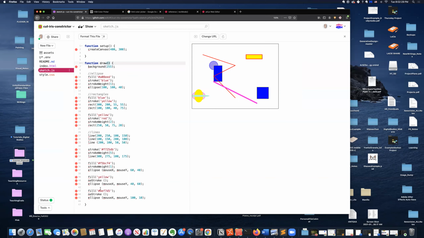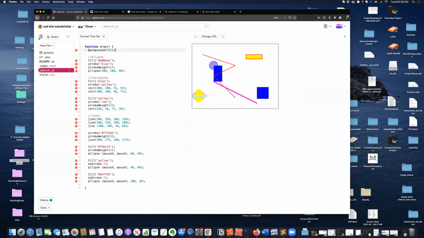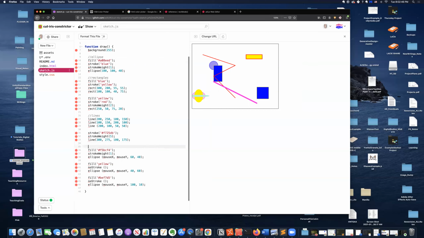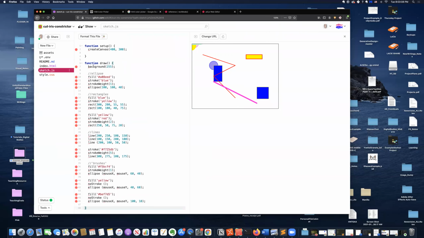because this is going through a loop. So every time it's going through this program, it's creating a background, it's creating this ellipse, it's creating these rectangles, all of these things, the fill, the stroke, it's creating these lines. And then here I'm just going to call them brushes. It's creating the brushes. And then when it finishes creating that, it finishes here, and then it goes back to the top. And then it goes over and over again. And it keeps updating, going over and over again, unless I tell it not to, which I could do